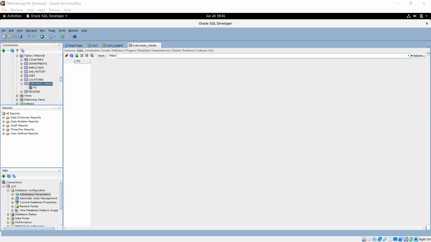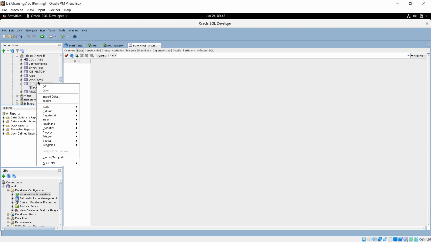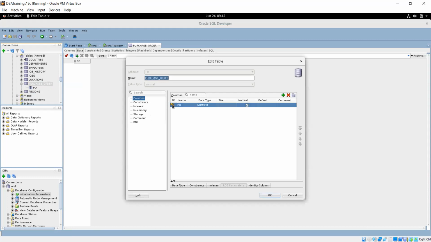Similar way we can modify the table if we require. Like I want to add it, I want to modify it, so that can also be possible. We can edit, and then you can add a new one, like your description or anything you want.